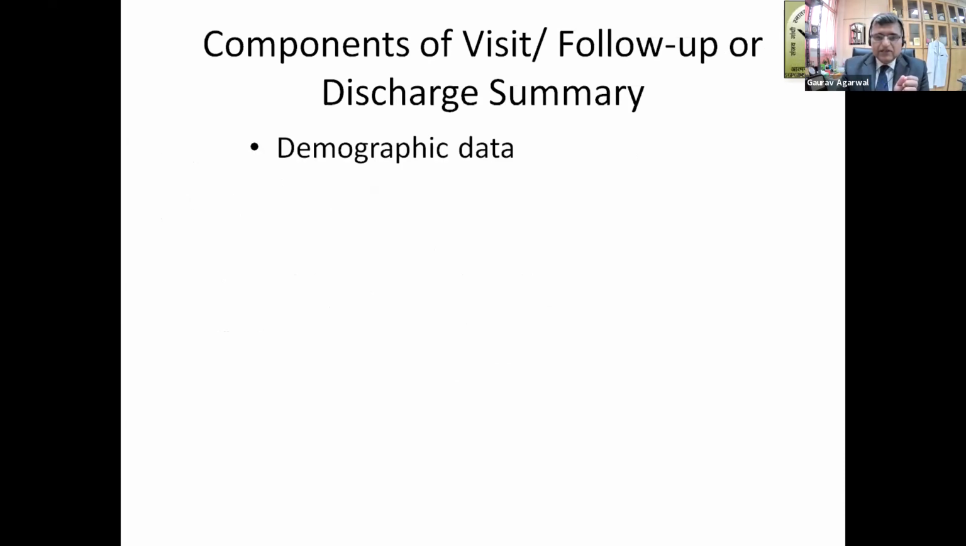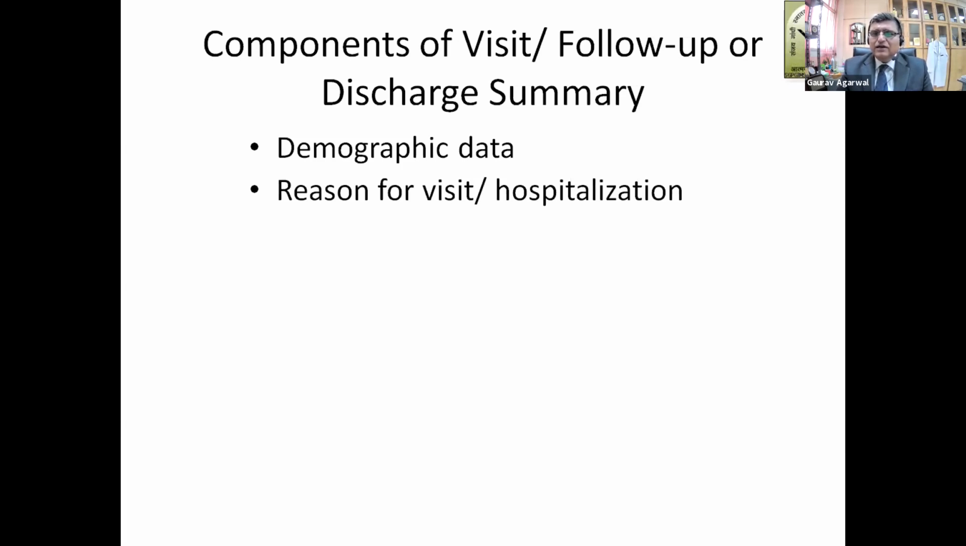So, what are the various components of a visit summary or a follow up or discharge summary? It must contain the demographic data, the essential demographic data of the patient, so that anybody who's looking at this document can identify which patient we are talking about. The name of the patient, the patient's father's or husband's name, date of birth, a case records number, or a unique number, which is the registration number of the patient in the hospital, and some other identifiers, including the address,